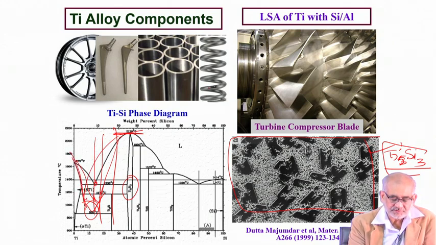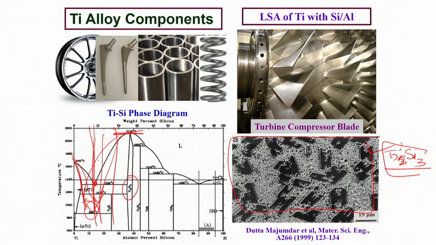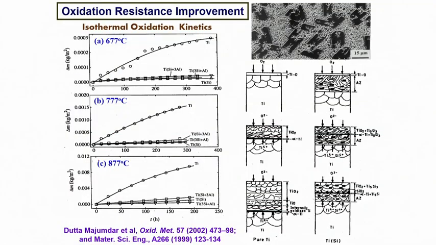So instead of the eutectic point at 11-12%, the eutectic probably got shifted to hardly 3-4%. So as a result, with 5 or 6-7% silicon in titanium, we were able to create a Ti5Si3 hypereutectic phase aggregate. And when we create such a hypereutectic phase aggregate on the surface, so if this is pure titanium and this is the titanium silicon alloyed zone, what we see is that in case of pure titanium, when